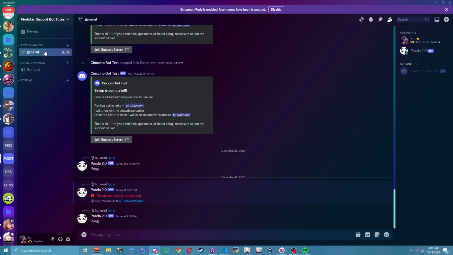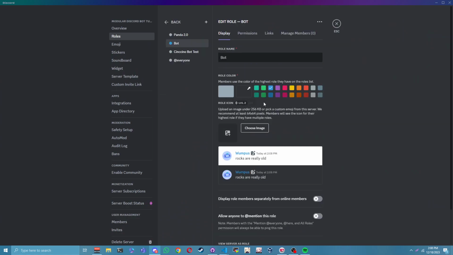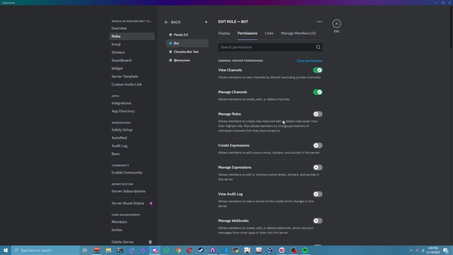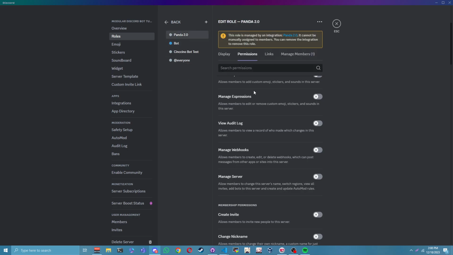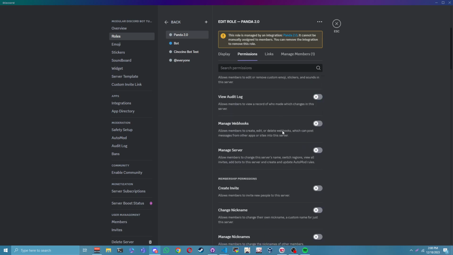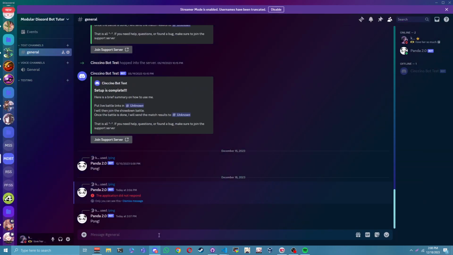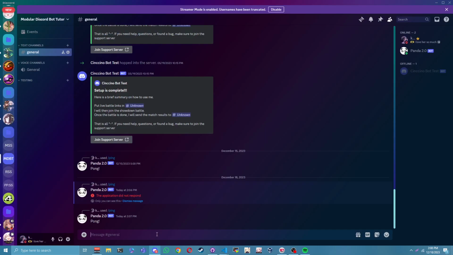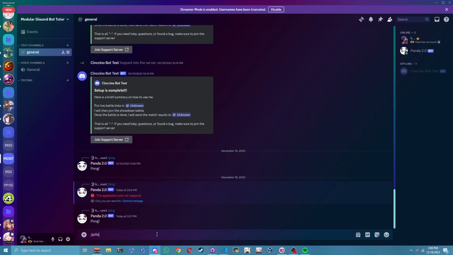So we're going to go into my server settings here, roles. Now I have this bot right here. So I need to go to permissions here, and let's make sure that manage guild is not there, which will be manage server. It doesn't look like it, but I also gave it new permissions here as well. And it doesn't look like it's also here, which is good. So now that that is loaded in and everything, let's try the command. So this, or it'll be /ping,